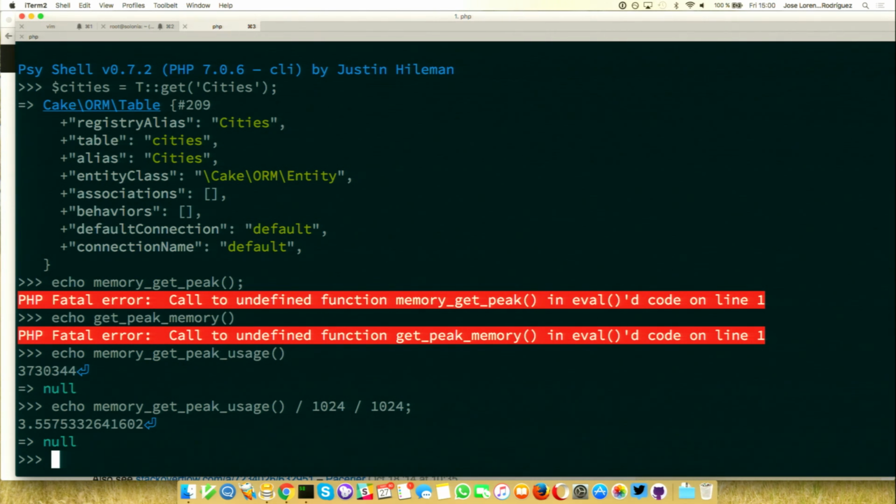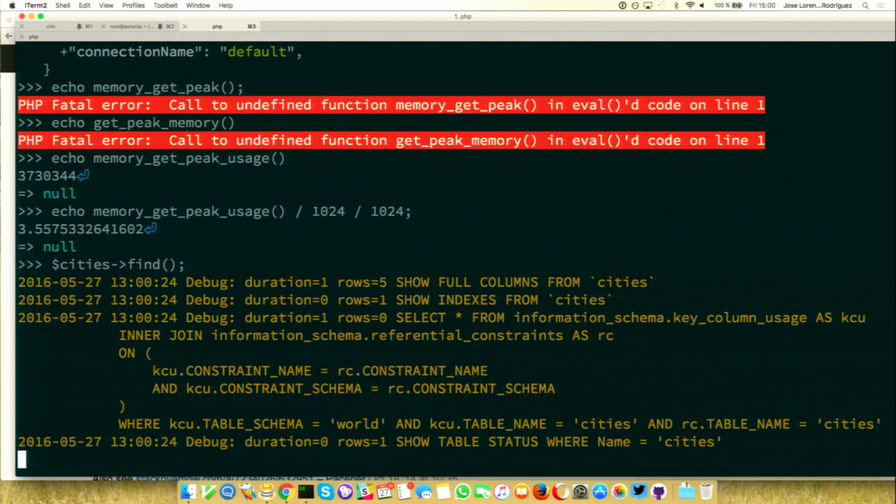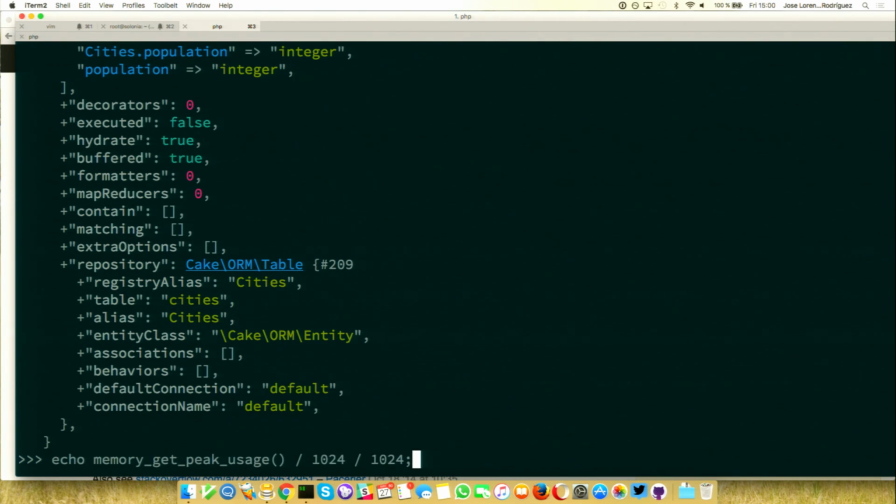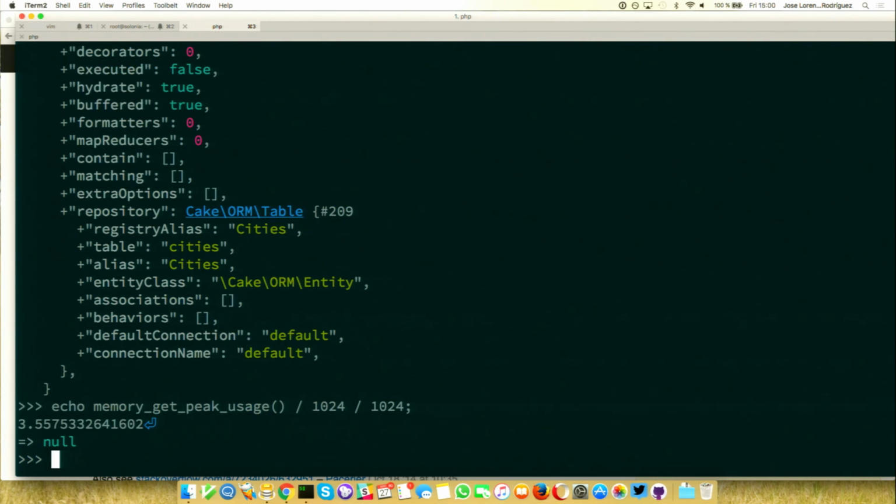So I'm using 3 megabytes right now. So I get the CDs and I find. This should barely change the memory. Didn't. I just created a query object. If I find to list,